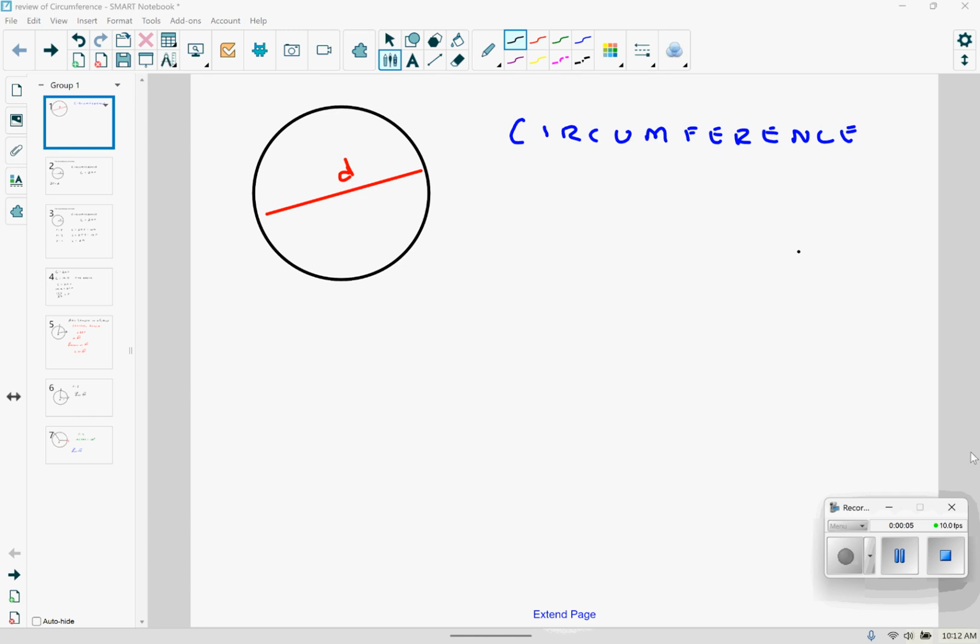Today we're going to have a brief video over the circumference of a circle, and we're going to end up with talking about arc lengths of a circle. So let us start first talking about the circumference of a circle. Well, it was discovered probably 400 years